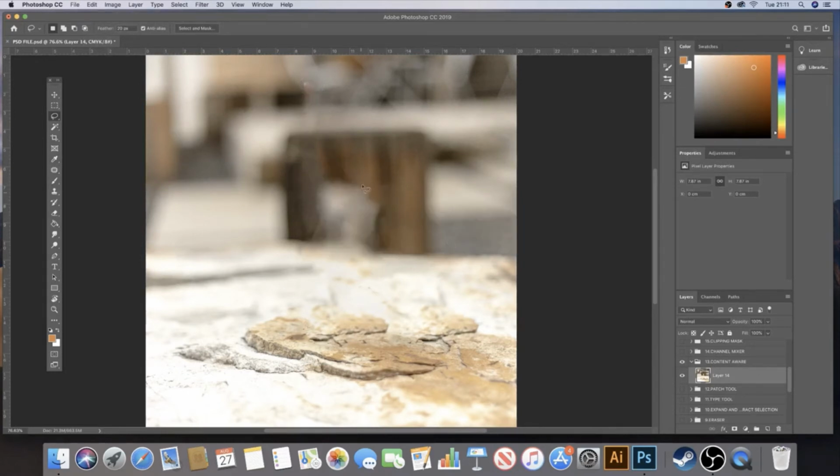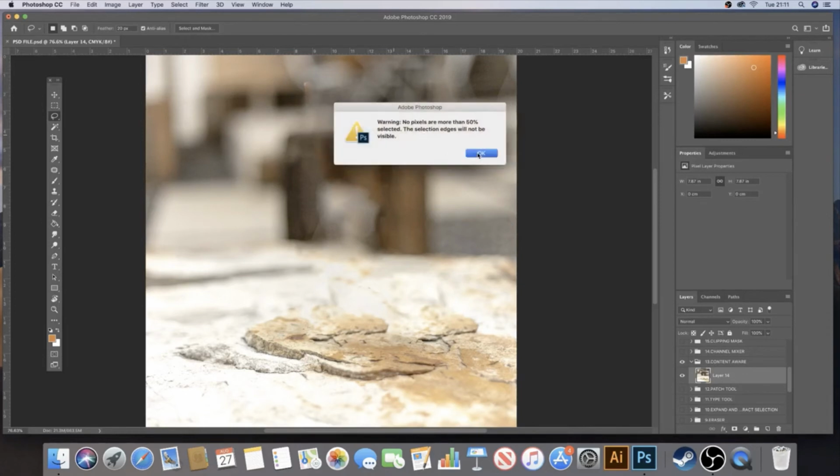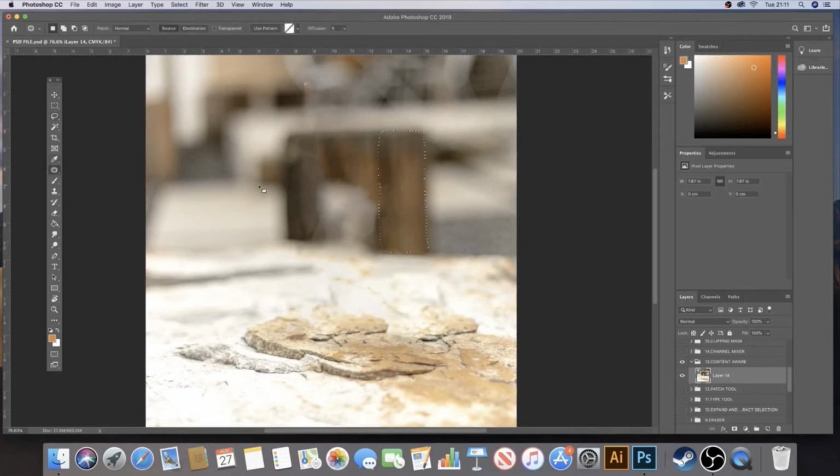Yeah, so it's still not done a great job on the back of that chair, but if that really was bothering us, we could always take the patch tool. No, sorry, we want to do it the other way, don't we? So we want to lasso this area and move it across. So the patch tool,